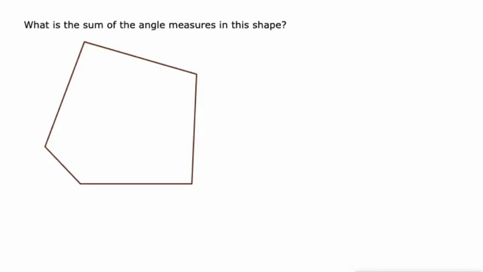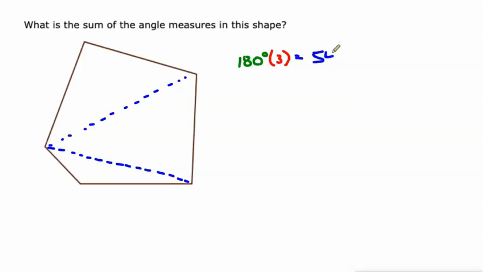And what about this? This has got how many sides? 1, 2, 3, 4, 5. Maybe we could look at this 5-sided figure as being made up of 3 triangles. So in this case, we could do 180 degrees in every triangle times 3 triangles, which is 540 degrees. So the formula that'll work here, if we use n for the number of sides, is 180